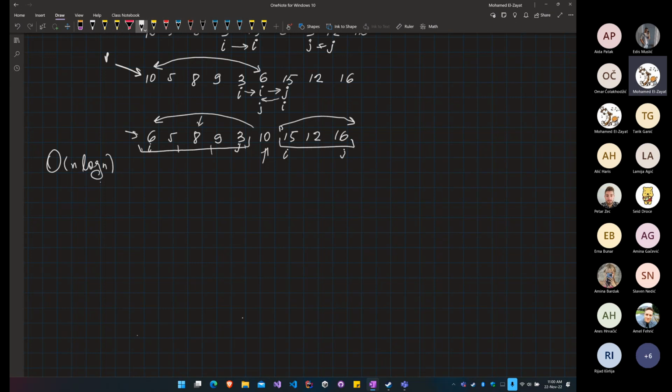Now, here's the interesting question. Statistically, it is super fast and it doesn't allocate memory. By the way, it is really, really fast. The question here is, what is the worst case of this algorithm? The worst case of this algorithm is O of n squared. And it's going to be O of n squared because if you have a sorted array and you choose your pivot to be your first element,